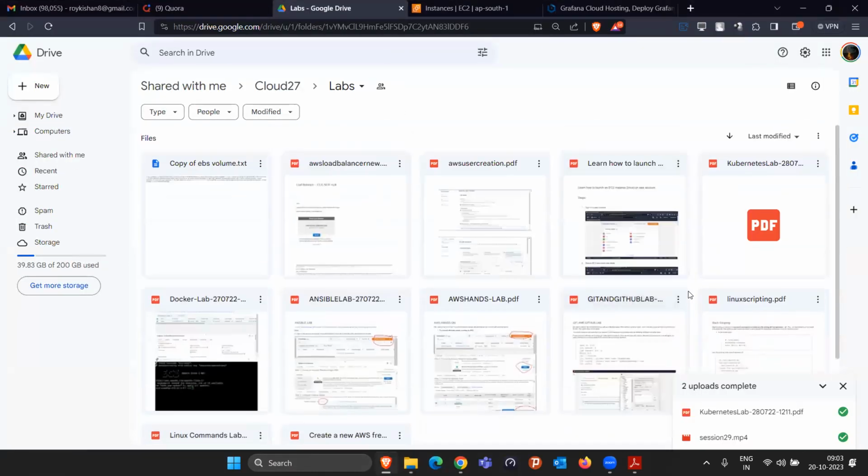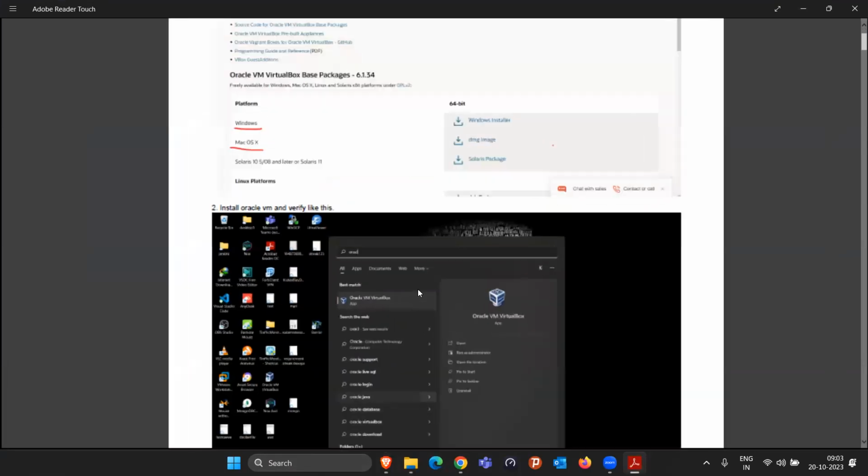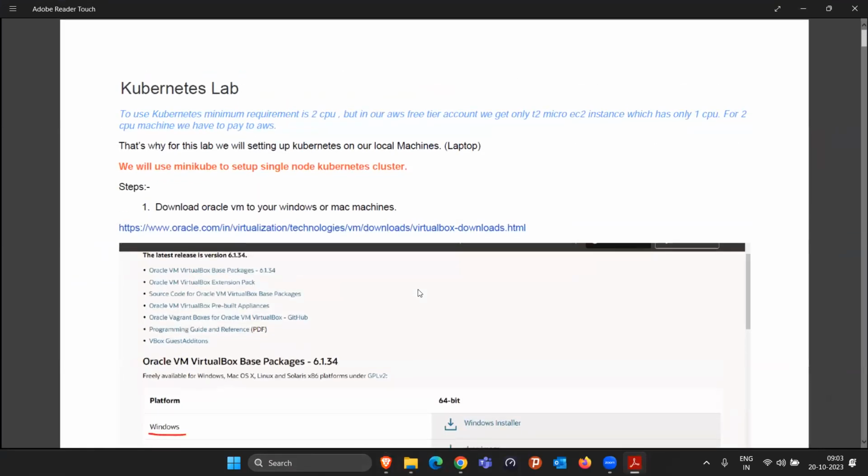Okay. So whatever lab file I uploaded here, this Kubernetes lab file, this one we are going to refer to. So to do the Kubernetes practical, we have to do some setup. We have to make some setup ready, then only this is going to work. So what you have to do is